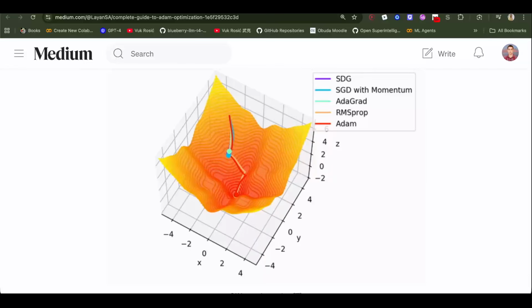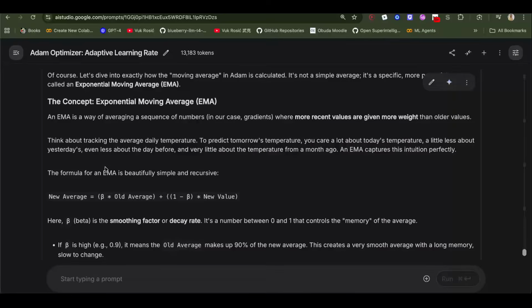So Adam Optimizer, besides looking at the current gradient of the current batch, will also look at the past gradients and average them out, and then fix the direction of the current gradient using the past average as well. But not too much, because the current gradient could actually provide valuable information as well. Adam in particular is using exponential moving average, and I'm gonna show you some examples here written by Gemini which